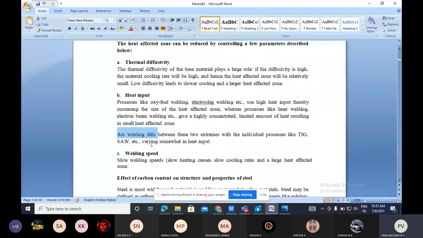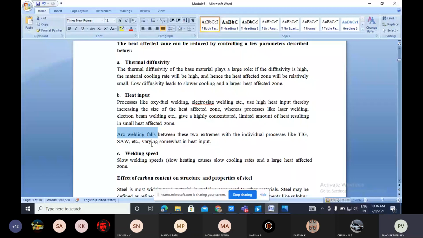What happens if the heat affected zone is not controlled? Because that time the material property is going to be deteriorated or diminished. If the material property is not up to the extent of what the base material has got, then obviously that material fails, early failure. Okay, so therefore in order to avoid early failure, we have to remove the residual stress or the remaining stress within the material. How to remove that? We will discuss it further.